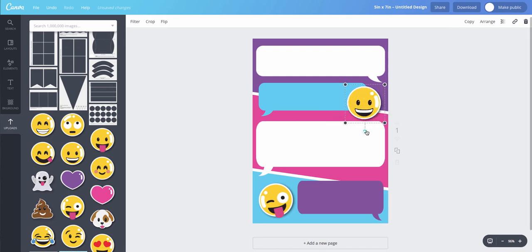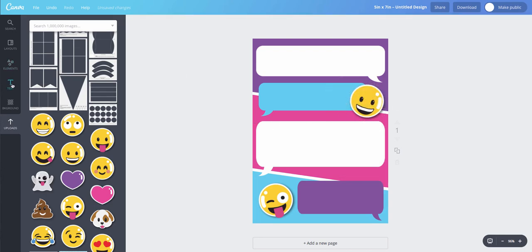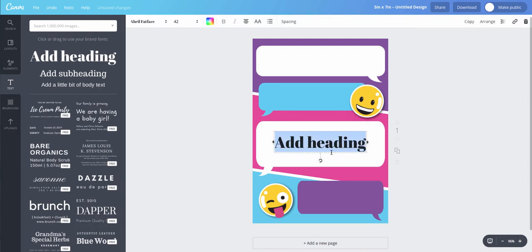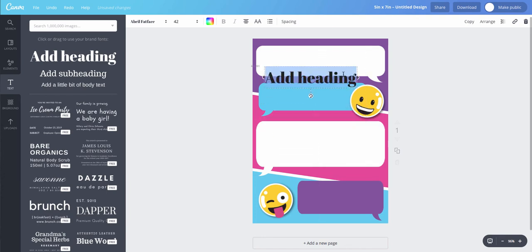A little bit bigger, and then rotate that around as well. And then you start adding your text. So you just go to text, add heading, and then you can just drag it up into your first text box and type over